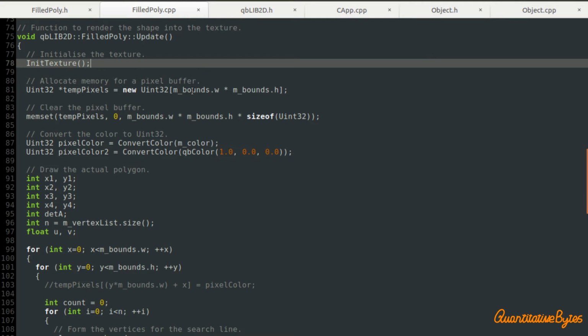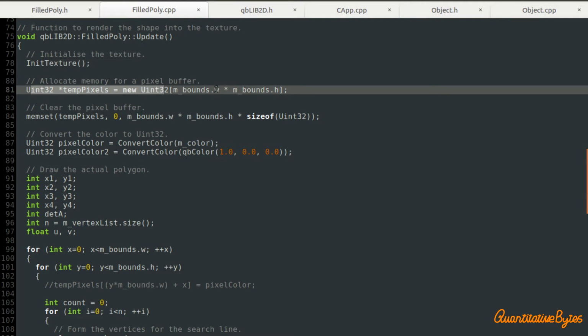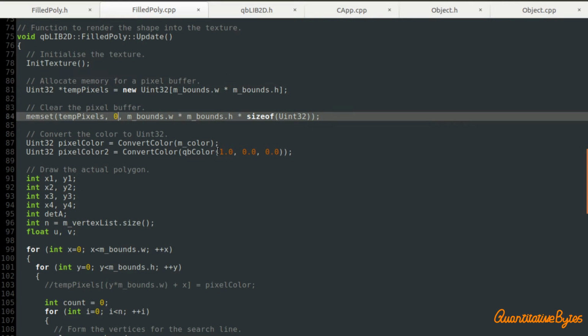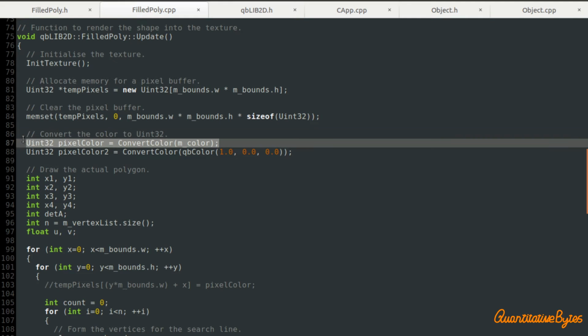And then all we need to do is set up our pixel buffer, which we do here. That's very straightforward. We use memset to set every byte in that to 0. And then we use the convertColor function here to create our uint32 pixel color from our instance of the QB color class here.